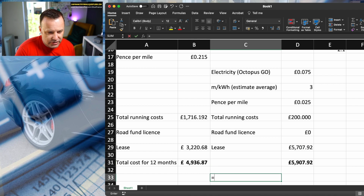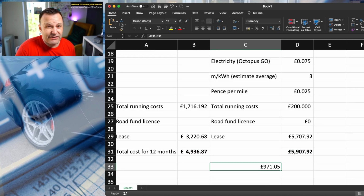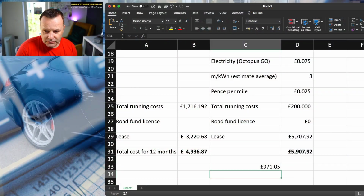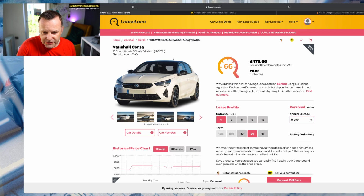What's the difference? That minus that. So it's £971 a year more expensive to have the electric car. Or, bear with me, we didn't want that to happen. Sorry, I pressed my escape key. If we do that over 12 months, we get £80 a month more. Now that's on 8,000 miles. Let's try 12,000 miles. So if we up the lease price to 12,000, we get